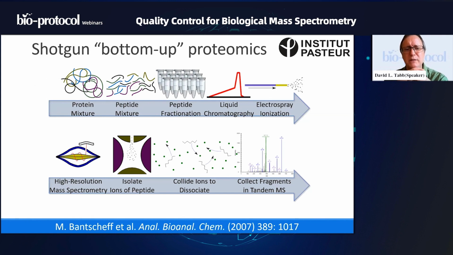So let's start with a protein mixture. If you dump out the guts of a cell, how many proteins or how many proteoforms or how many different genes, gene products are represented in that mixture? I think that I can say without fear of contradiction that when you dump out the guts of a cell, you have more than 10,000 different proteins represented. And that's just counting the number of accessions.